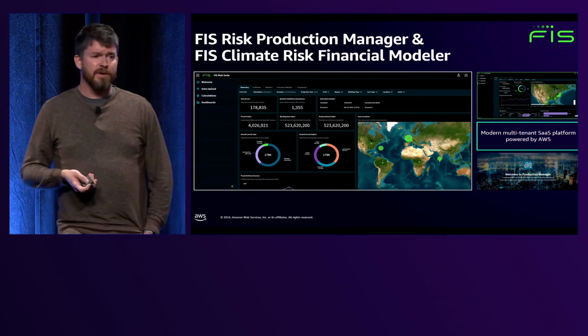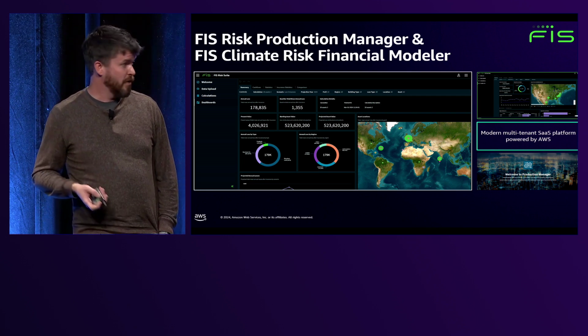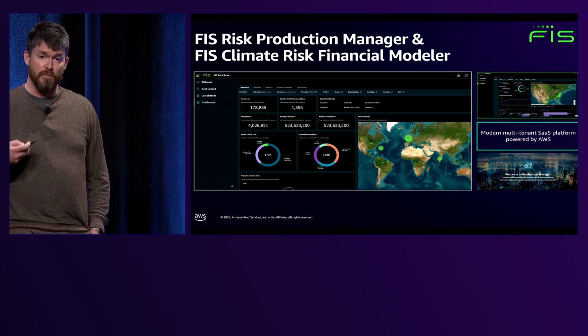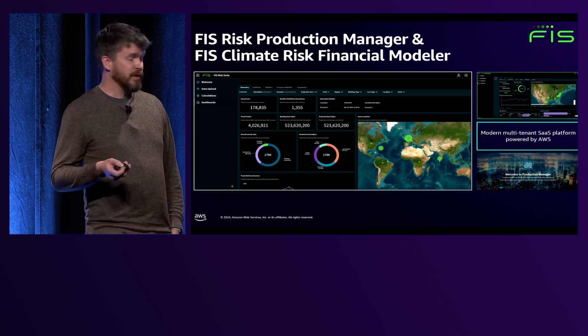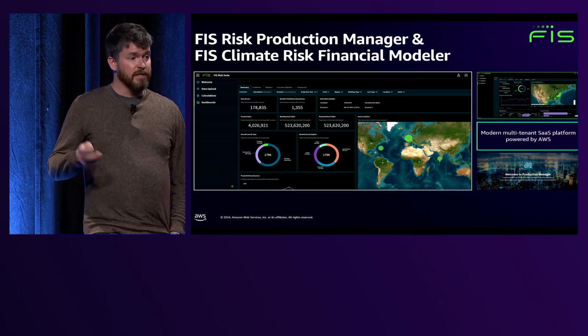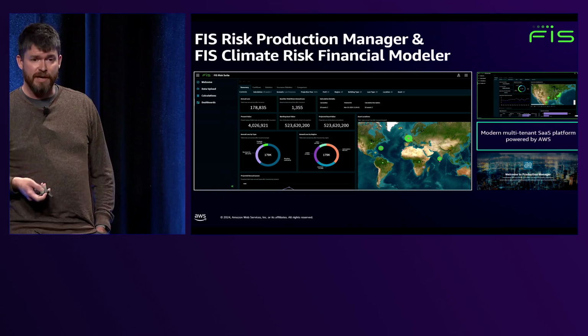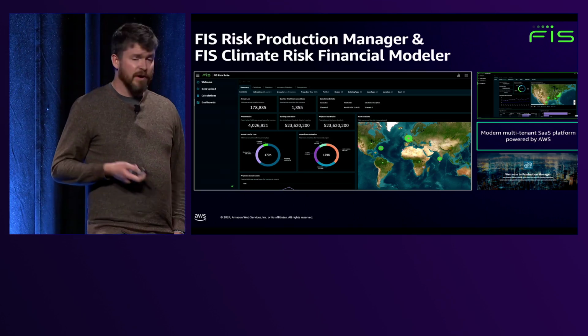So because Profit's been around for 35 years, the question is how do we last for another 35 more? Well, what we're doing with Profit is we're moving it to the cloud, and we are offering a SaaS solution to our clients built on the back of AWS. And two of the new modules that we released in the last year are called Risk Production Manager and Climate Risk Financial Modeler. So to talk about Risk Production Manager